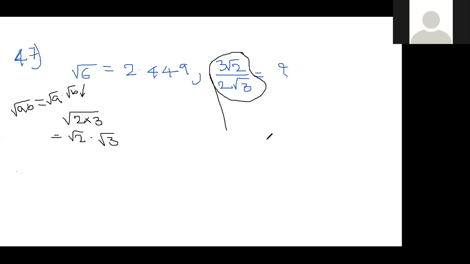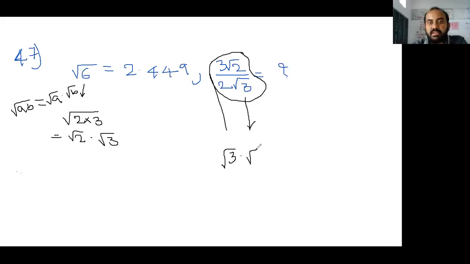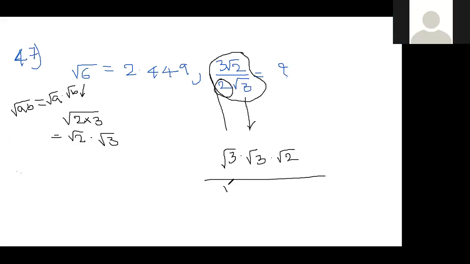Now see here. For this question, I have to modify something. This 3, can I write root 3 into root 3, root 3 whole square? This is root 2. Similarly, here 2 is there now. For this 2, I can write root 2 into root 2. Root 2 whole square means 2 only. Root 3 whole square means 3 only. Nothing is changed. And this root 3 value is root 3. Up to here clear? Yes, everybody.